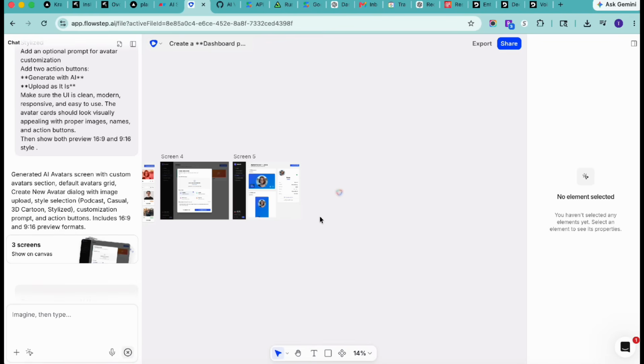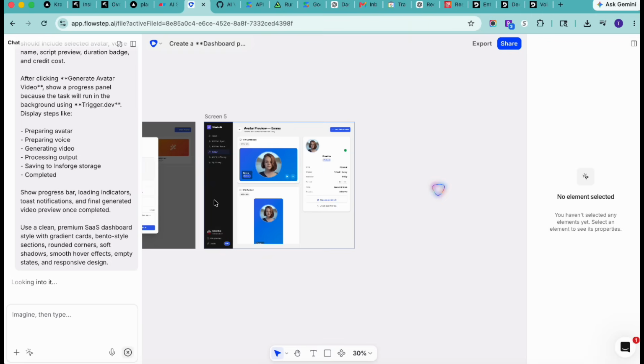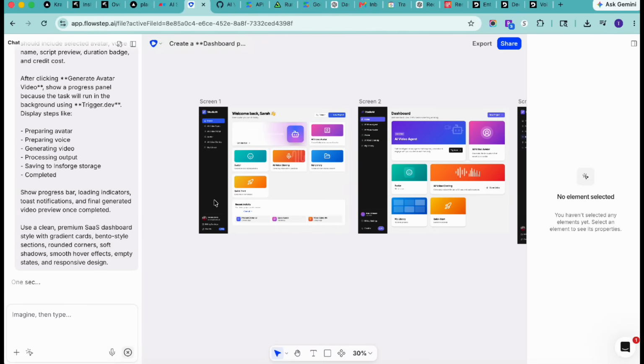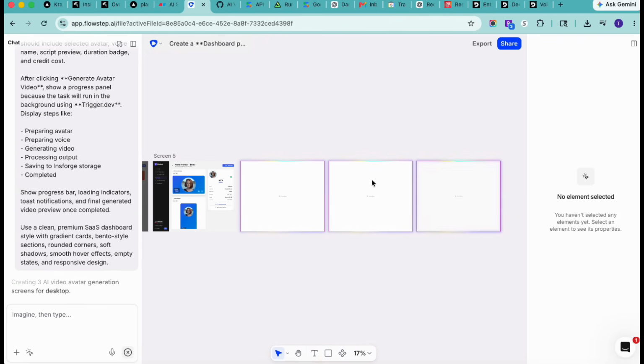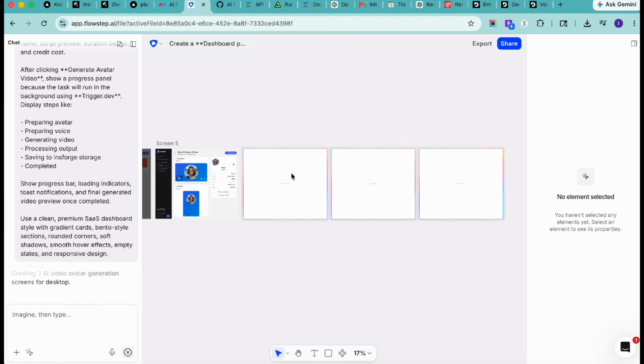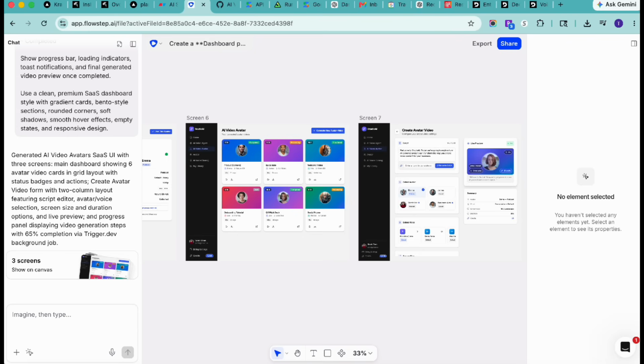Now FlowStep will first understand your requirements, because it's an agent. It also makes sure that the design across all your previous screens will match, and if you see, it started generating the screen. Okay, now we'll wait for a few seconds in order to get the result. You can even watch it generating in real time, and if you see, your result is ready within a few